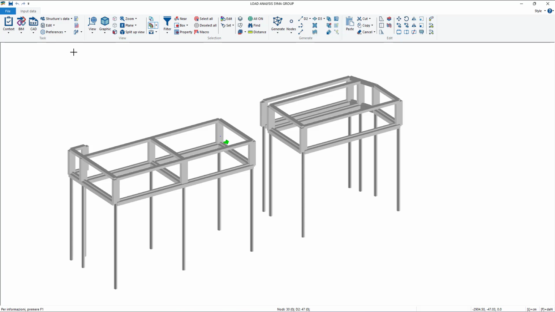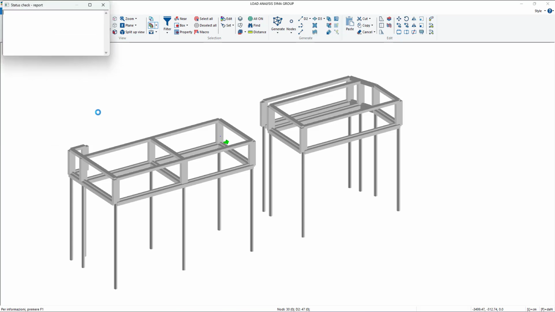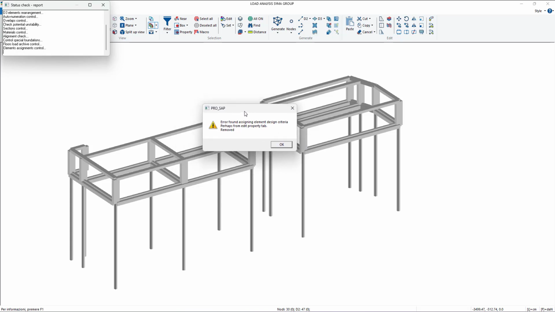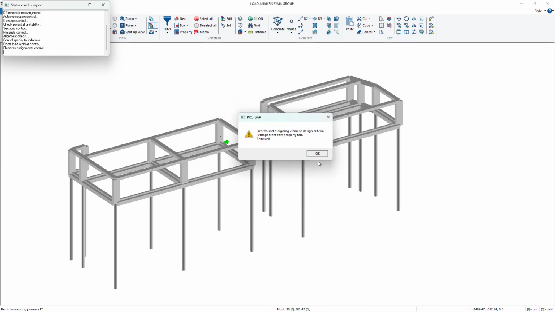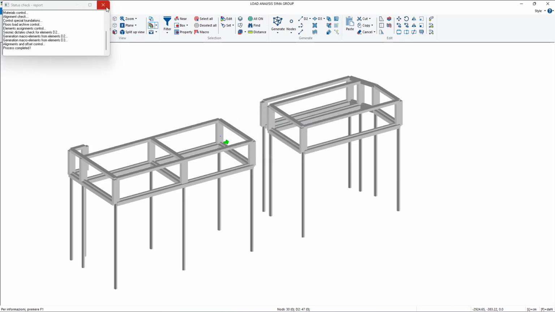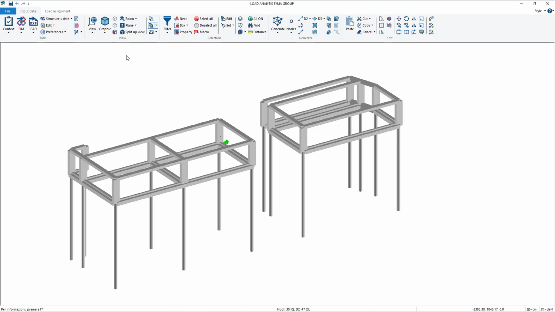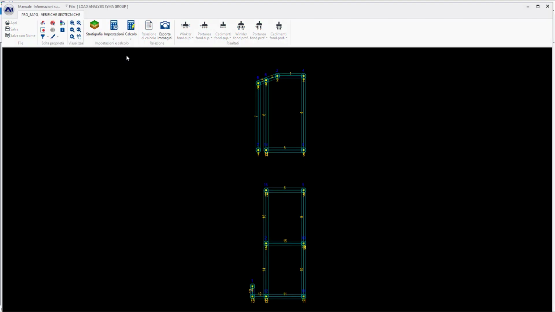To use that, you have first to do a check structure data. Okay, I don't know which kind of warning is that, but you can just click OK. So let's have another check structure data. Okay, this time we have no warnings. And now you can go on structure data, geotechnical analysis, Winkler K evaluation. Okay, let the program work, and then you'll see this new program that is the geotechnical module.